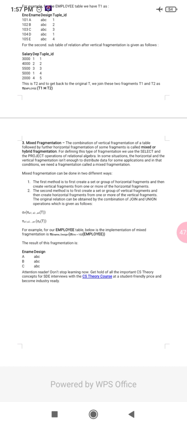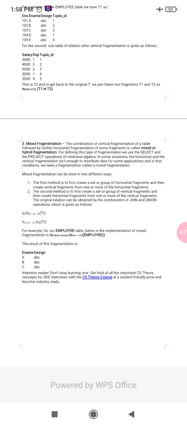It is also called hybrid fragmentation. For defining this type of fragmentation, we use the select and project operations of relational algebra. In some situations, horizontal and vertical fragmentation are not enough to distribute data for some applications, and in that condition we need a fragmentation called mixed fragmentation.